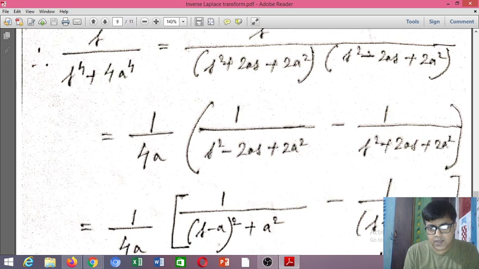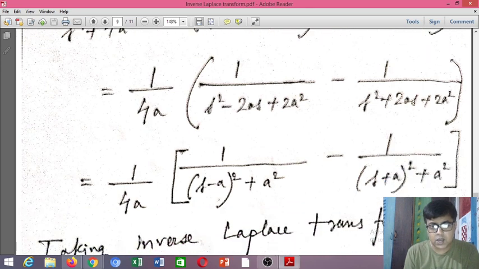Now the next step becomes easy, because when I have s square minus twice s a plus 2a square, I can write it in the form of s square plus a square by the shifting property. I can write this as (s minus a) whole square. The moment I write (s minus a) whole square, I get these two terms. Now my constant term is a square, but my actual constant term was 2a square, so I have to add a square to keep it the same. That means this turns out to be 1 by ((s minus a) whole square plus a square)